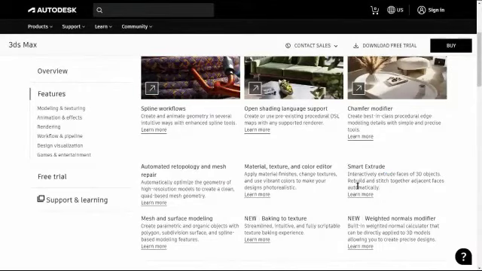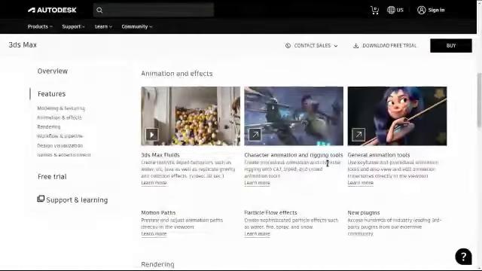So they boast of some of the cool things that they feature, like smart extrude, new weighted normals modifier, new baking to texture, material texture and color editor, automated topology and mesh repair, mesh and surface modeling, and spline workflows, open shading language support,